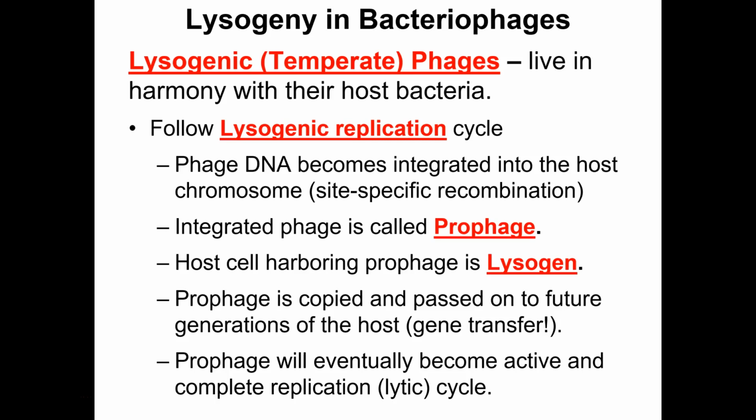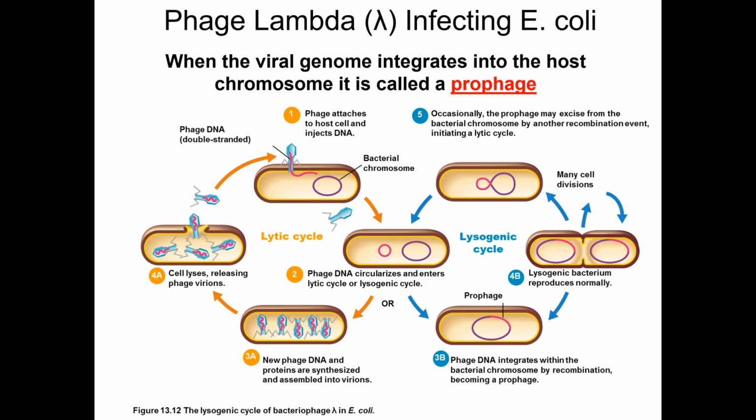Once the virus is established, bad news, it stays there for some time. It gets passed on to future generations of that particular cell. But the thing is, this is merely hitting the pause button. Because eventually they're going to finish that show. The virus will reactivate by removing itself from the chromosome, and then it makes the decision, okay, time to go through the lytic cycle. The inevitable always occurs.